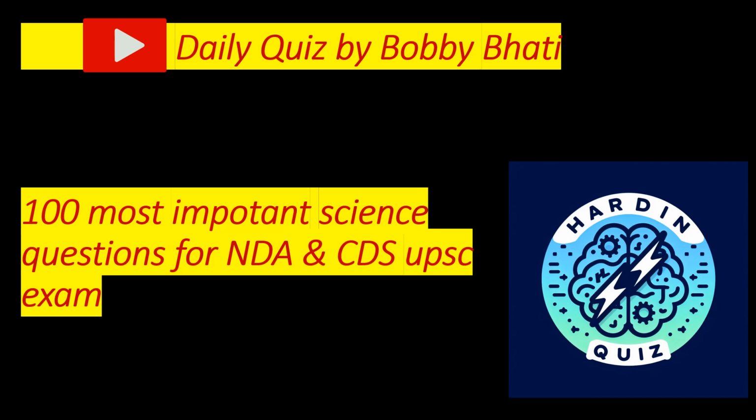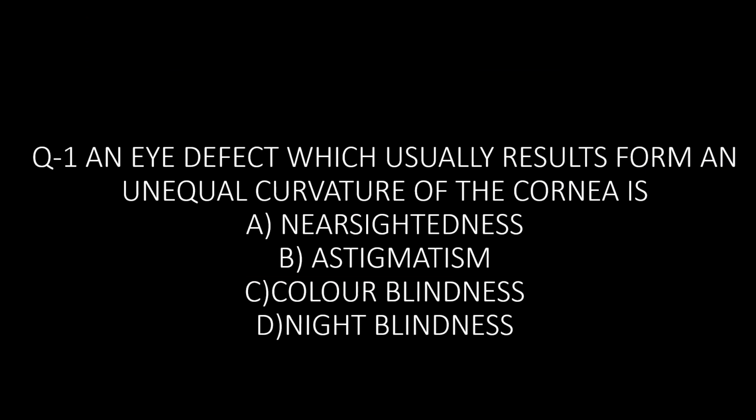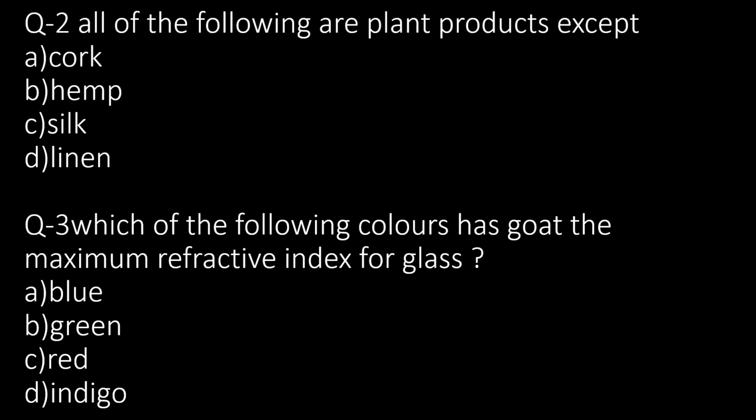Our first question is: an eye defect which usually results from an unequal curvature of the cornea is. And the right answer is option B, astigmatism. Our next question is: all of the following are plant products except. And the right answer is